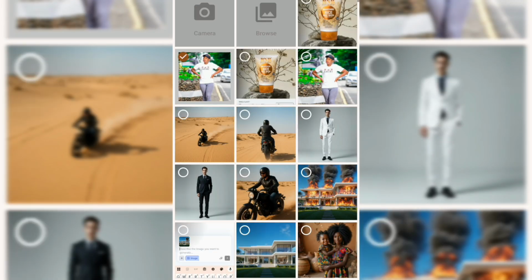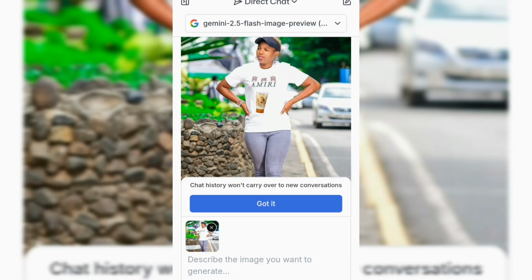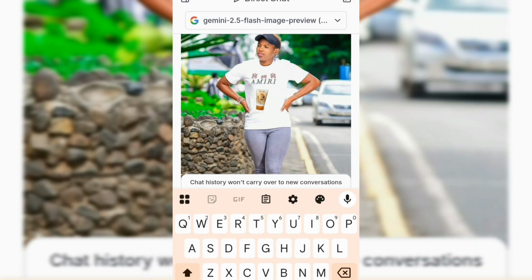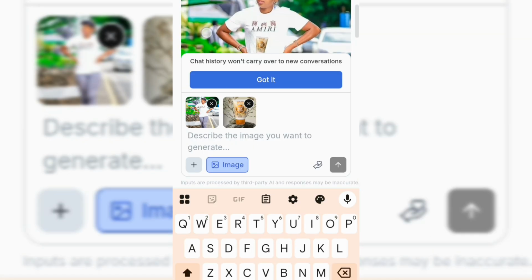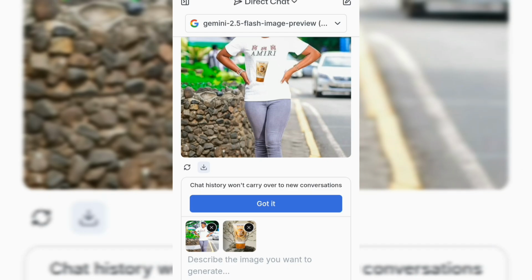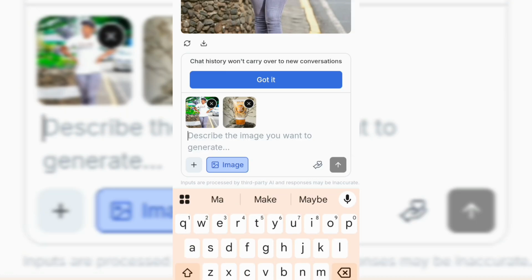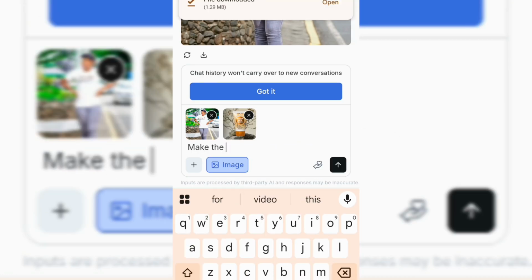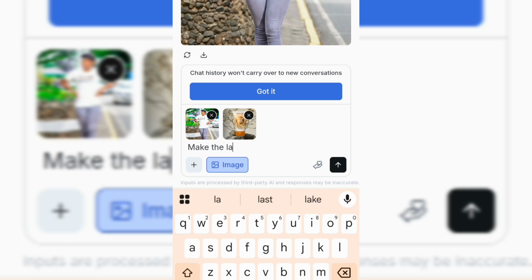Let's repeat it. Let's import this and import this, and later import also the product, and click on done and like this. Make the lady hold the skincare product on the oil with her hands. If you say that, it will make sense a bit, with her hands or her arms, because I just said hold, so it can just attach it where it wants. But for this I will just write make the lady hold the oil or the skincare product with her hands